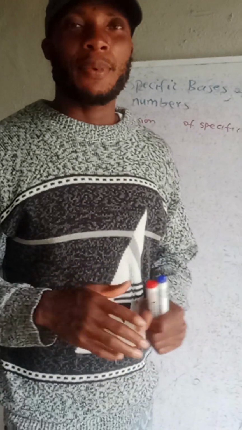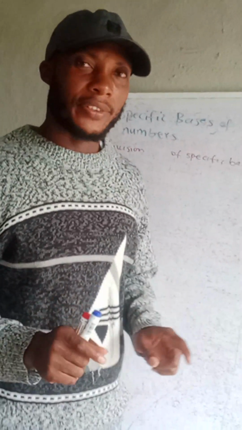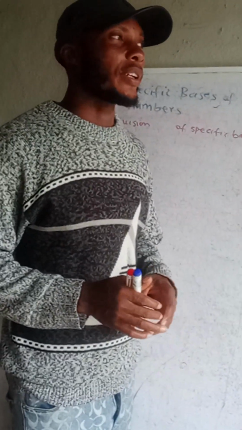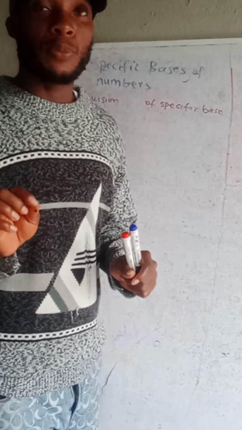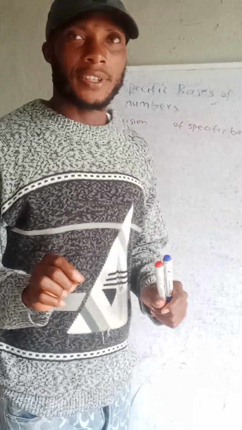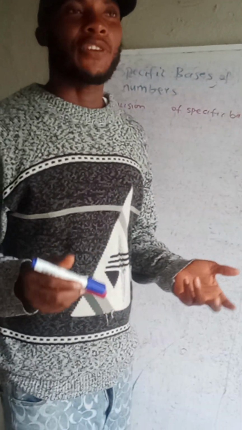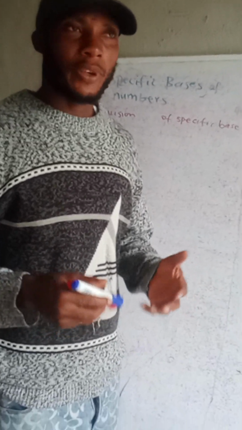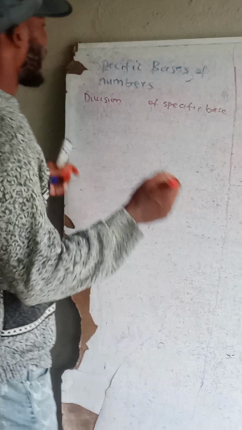Today we are going to be talking about the division aspect of a special base, given two numbers. So this division aspect, I need you to be very attentive so that you understand the procedure. For instance, if you are given this question in base 7,